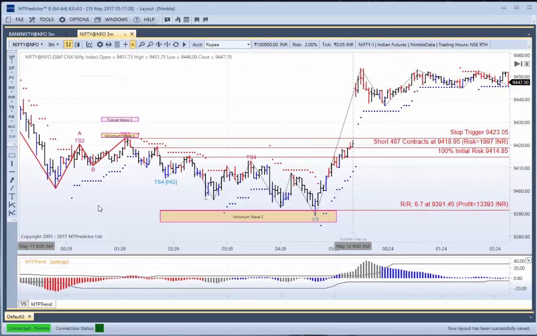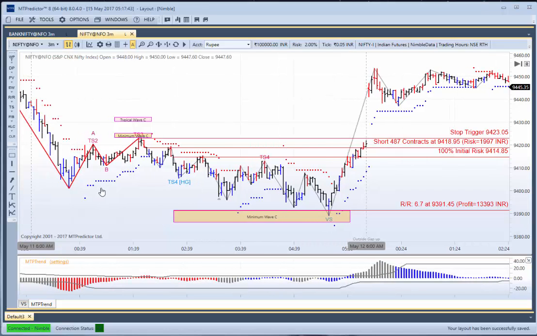So I hope you've enjoyed having a look at this over a slightly longer period, where we look at 2 or 3 days back to back. This was on a 3-minute chart of the Nifty, which is the main Indian index over there in India, to show you some good trade setups that have been unfolding there.